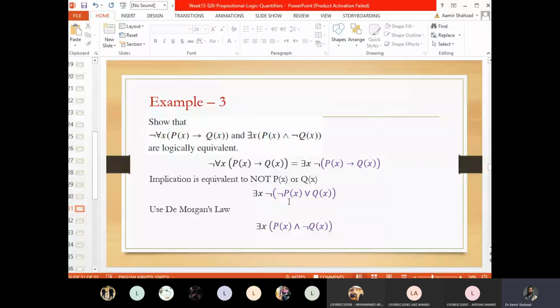So इसकी negation करनी है, अंदर और operator है, De Morgan's law लगाएं, so it will become negation of P, which is P of X, और operator आपके and में change हो जाते हैं according to De Morgan's law, Q of X की negation. So there exists some X such that P of X and not Q of X. So for all X, P of X implies Q of X, इसकी negation is same as there exists some X such that P of X and not Q of X.